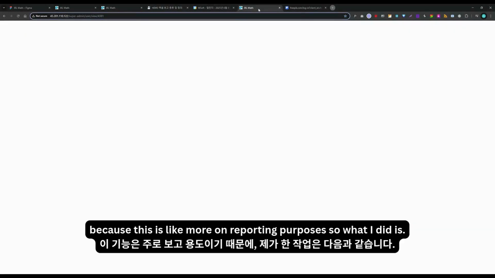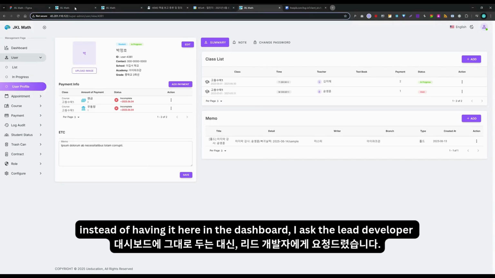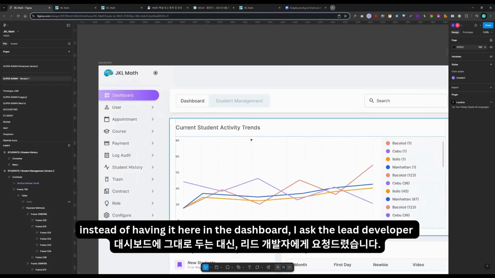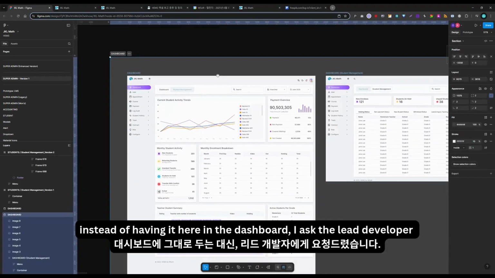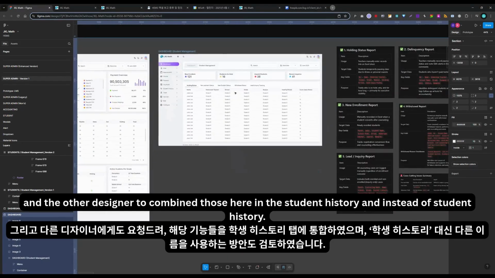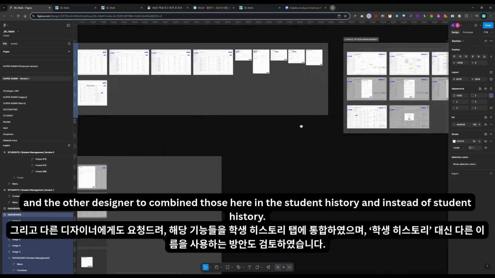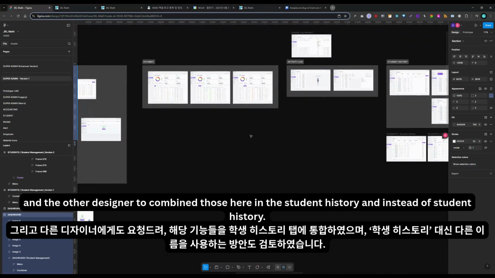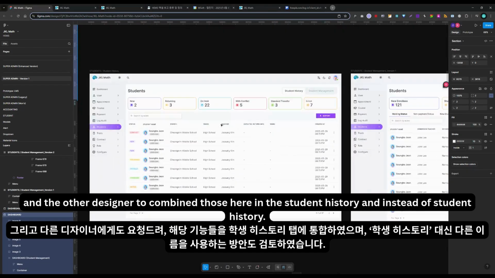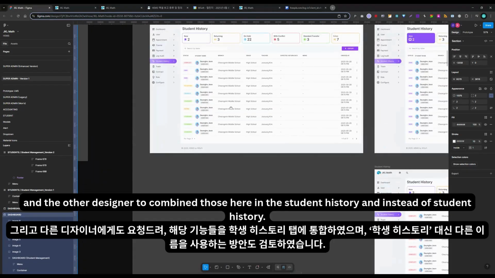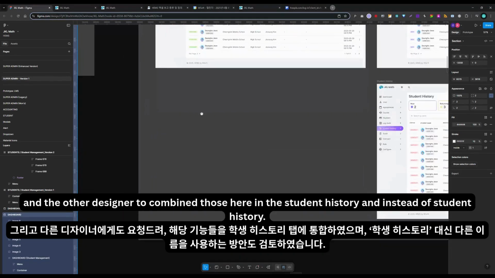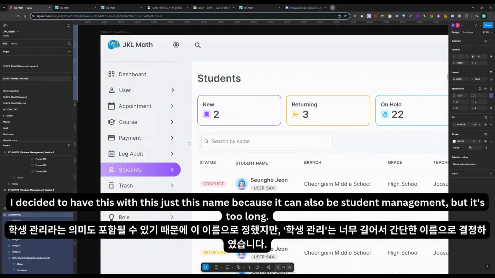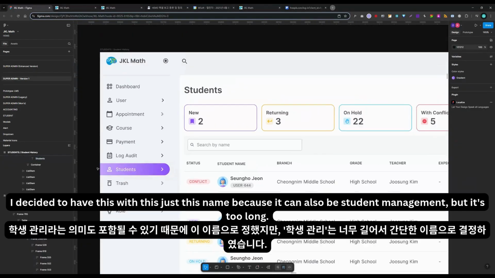So what I did is, instead of having it here in the dashboard, I asked the lead developer and the other designer to combine those here in the student history, and instead of student history, I decided to have this with just this name, because it can also be